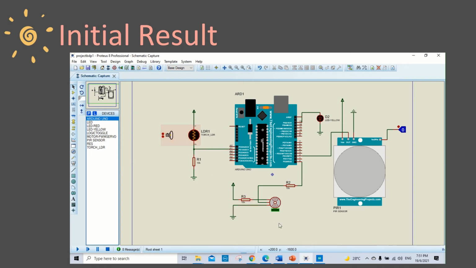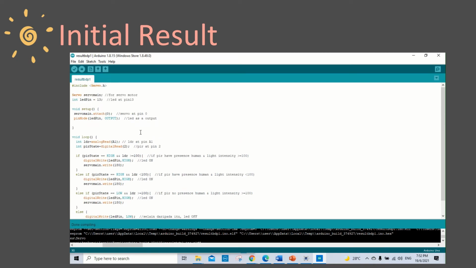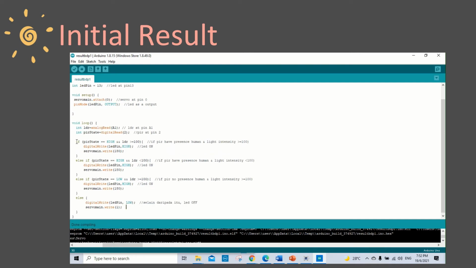Okay, and then we should construct the coding using Arduino IDE to put in the Arduino. We set the if conditions on PIR state high and LDR. If the PIR sensor has present human and light intensity is more than 100, the LED will be on.